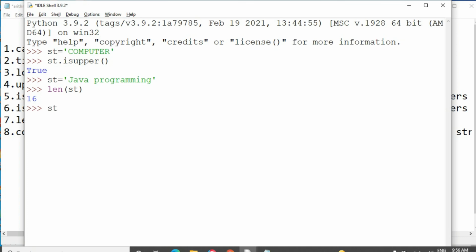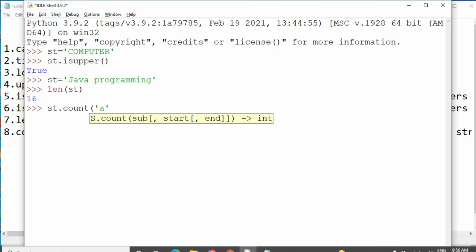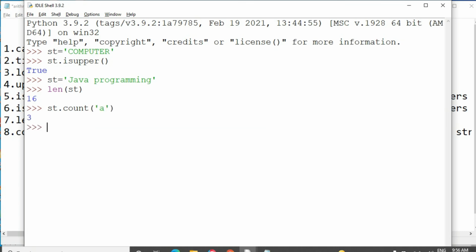I am applying the countof function here. st dot countof a. Totally 3 times a is placed: 1, 2 and 3. Okay, 3 times a is repeated in the string.